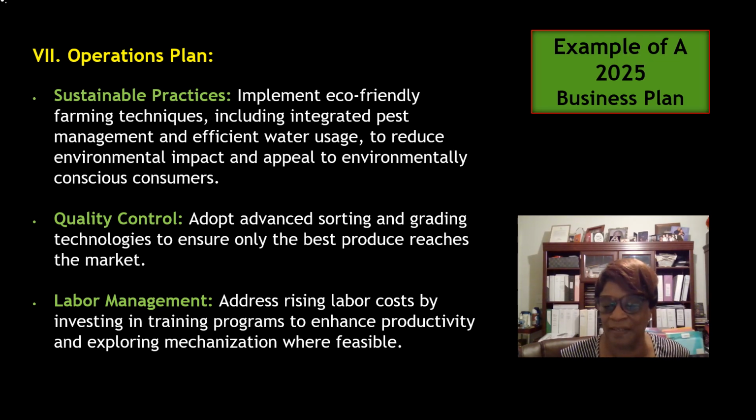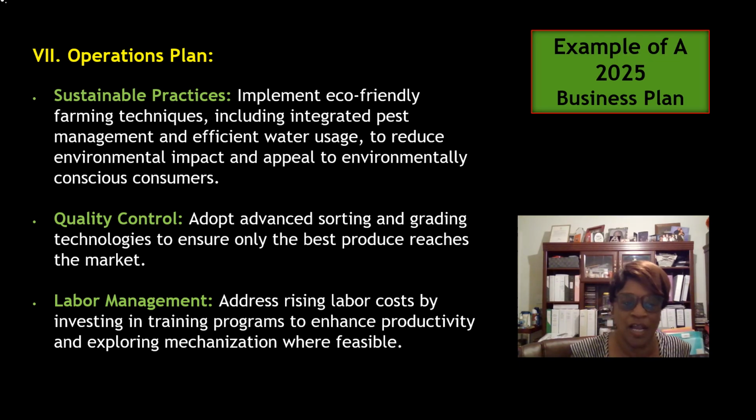Section 7, your operations plan, your sustainable practices. There's that word again. They all want to see sustainability because your investors don't want to give money to a company that's going to be out of business next year. How are you going to survive? Why are you going to implement eco-friendly farming techniques? You have the environmental approach. For those environmental enthusiasts, they want to see that. You're integrating pest management and efficient water usage to reduce your environmental impact and appeal to environmentally conscious consumers in 2025,